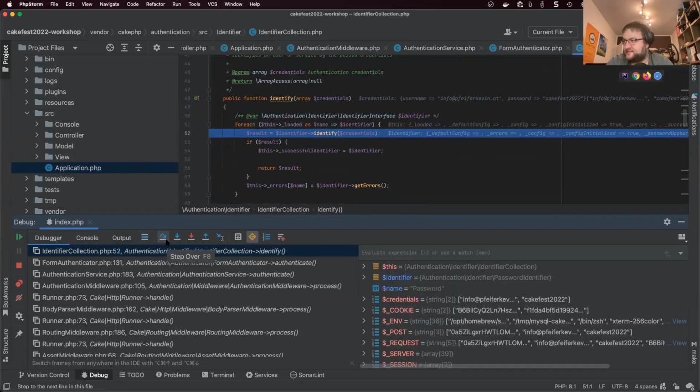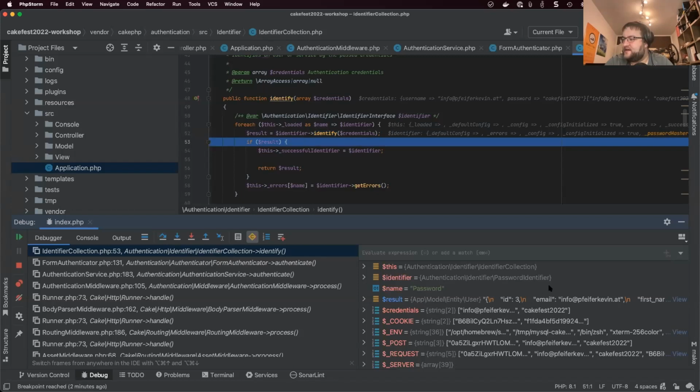So of course, this is very, very deep and very detailed, but I just wanted to show you in very much detail how this whole thing happens and how it connects from the authenticator to the identifier part, and how we are now basically returning a user identity,